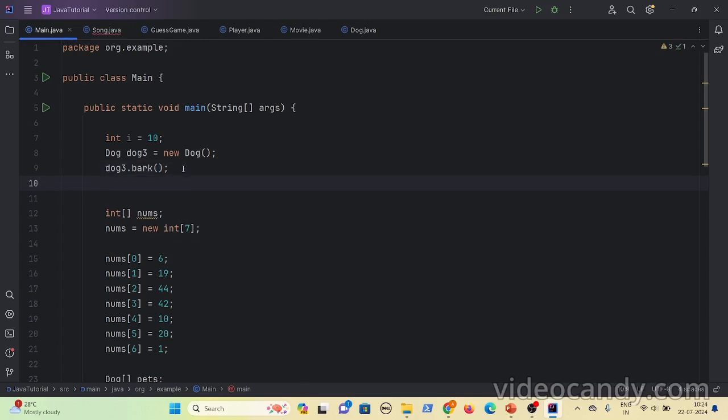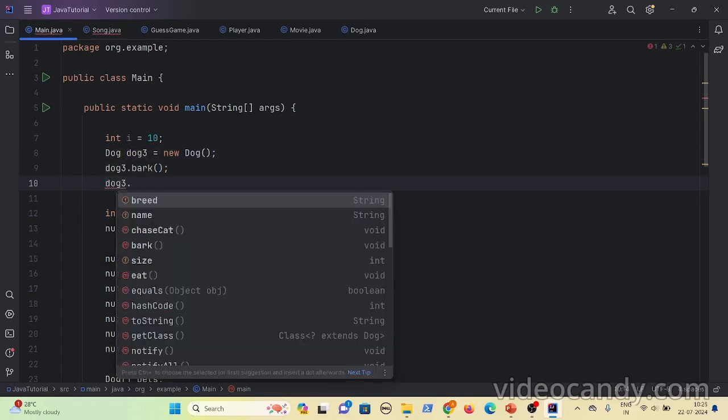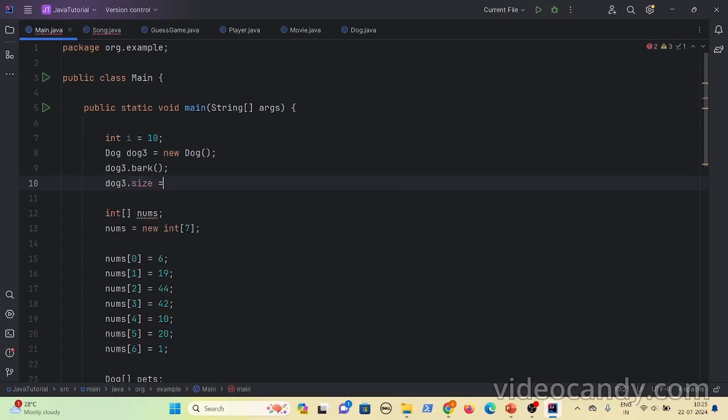Let's say you want to change the size. You will use this variable name, then the dot operator, and then dog3.size(), maybe you can use 50. This will work. So to invoke methods or instance variables on this Dog object, you take the name, use the dot operator, and then invoke the methods. Let's say I assign a Dog to some Song, would it work?